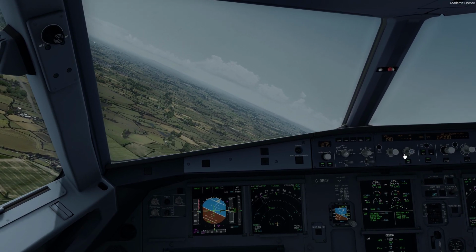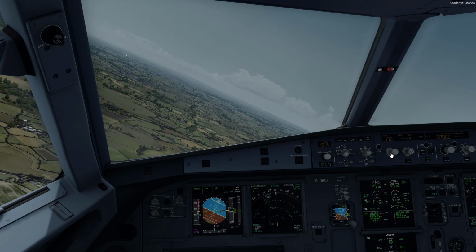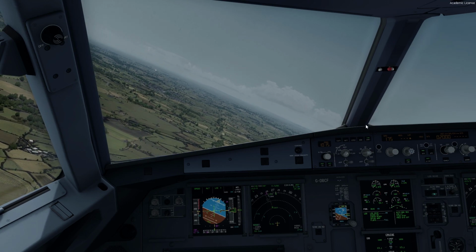Tower, Speedbird 29045, on final, runway 26 left. Speedbird 29045,